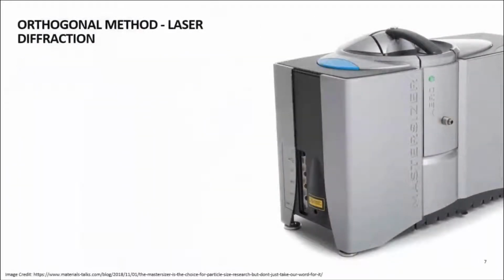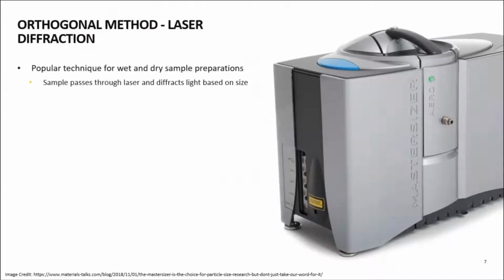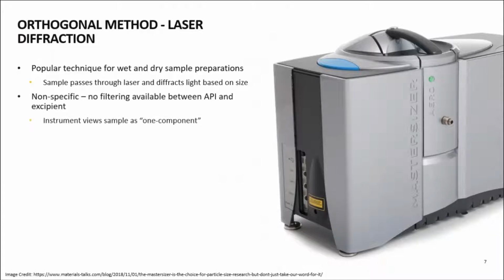So to get around this, we're using an orthogonal laser diffraction method. And this is a popular technique for wet and dry sample preparations, where the sample passes through the laser and the sample particles diffract the light at varying angles and intensity based on their size. However, these results are based on the whole sample. We don't have the filtering available between the excipient and the API, and the instrument sees the sample as a